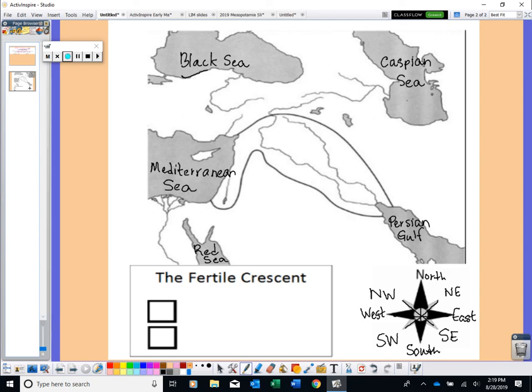Now, we're going to label some rivers. But before we do that, what I would like for you to do is go ahead and get your blue pencil. You should have a blue coloring pencil, an orange, a green, you can use either light brown or you can use tan. So those are the colors you need. You need green, blue, orange, and tan or light brown. All right, so I'm going to switch over to my blue,